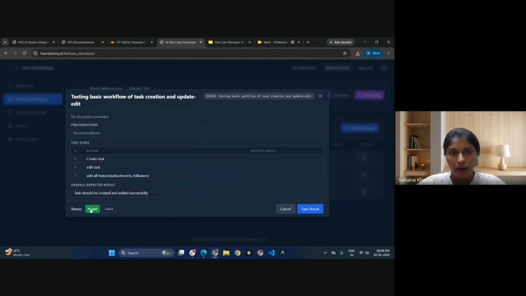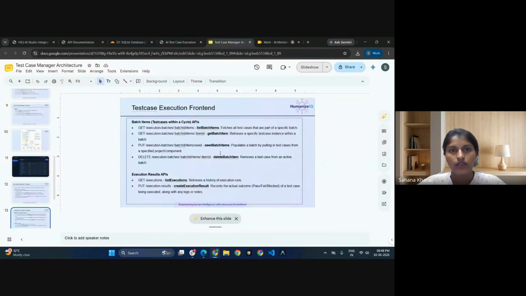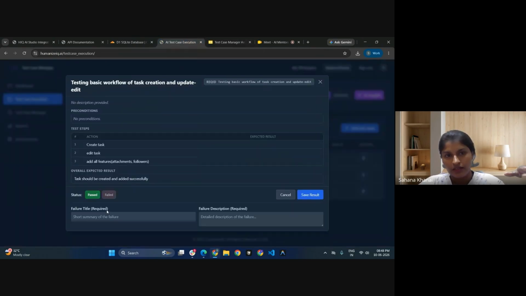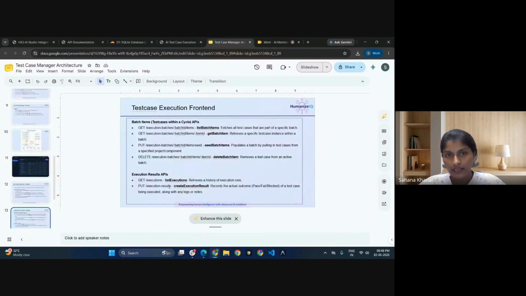At that time I can click on any one of the test cases. If I click on pass and save as a result, at that time we are going to call a put execution result. It is going to store whether it passed or failed. So if I click on pass, it is going to directly call this endpoint and store. If I mark it as a fail, if I click here as a fail, it is also going to call this endpoint, and in the database it is going to mark it as a fail,